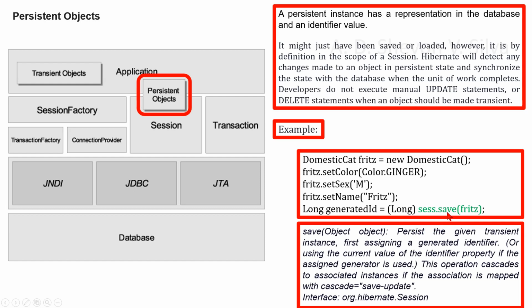Here you can see a save method. Persist the given transient instance, first assigning a generated identifier or using the current value of the identifier property if the assigned generator is used. This operation cascades to associated instances if the association is mapped with cascade equals save update. This method is in